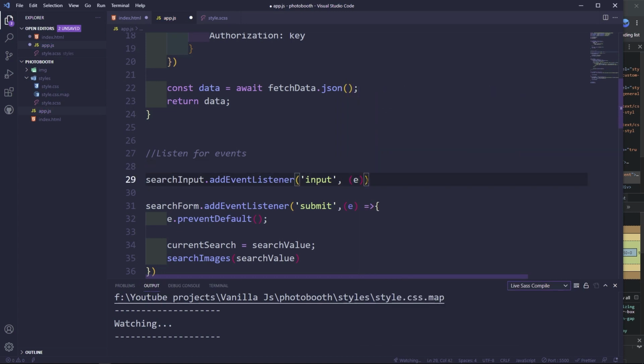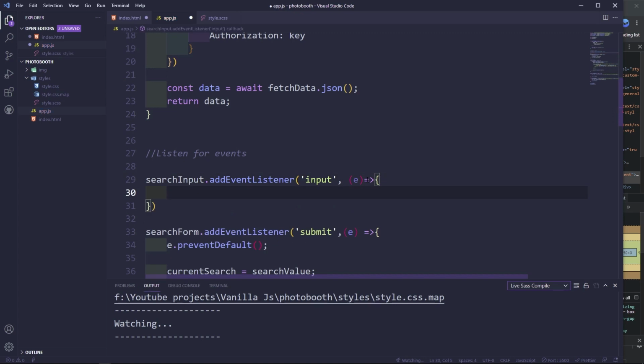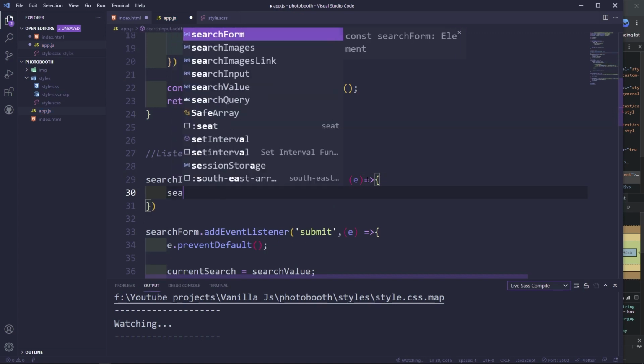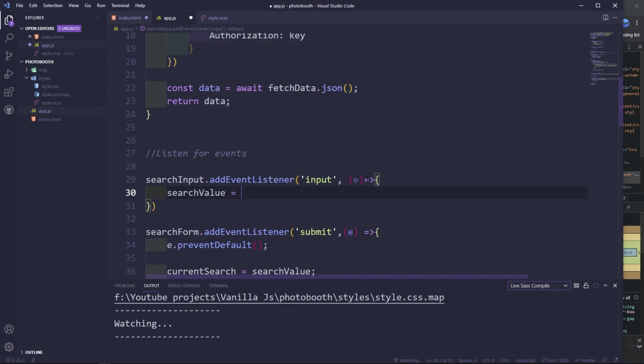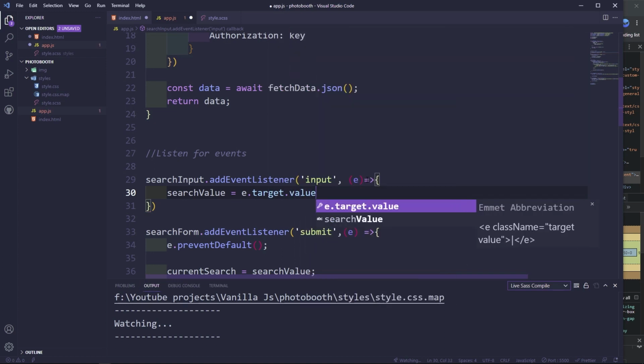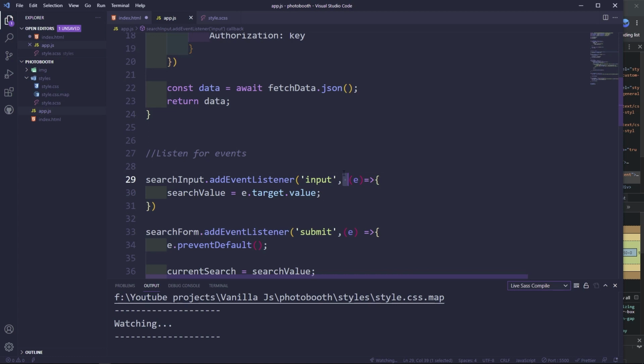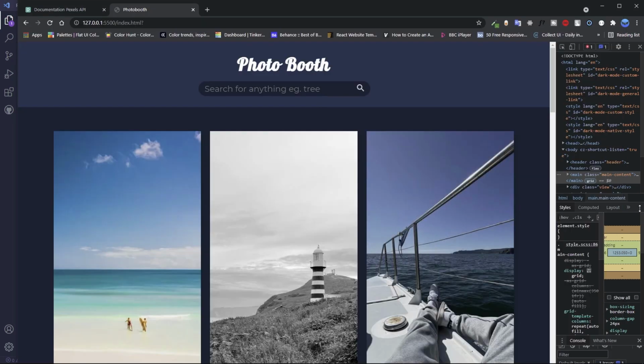In event, we want to target whatever data a user is entering in the search form. So we're going to say search value is equal to e.target.value, the value a user is entering in the search form. Now I save. Hopefully I should be able to get the input from here. If I say, let's say egg, we should be able to search, but